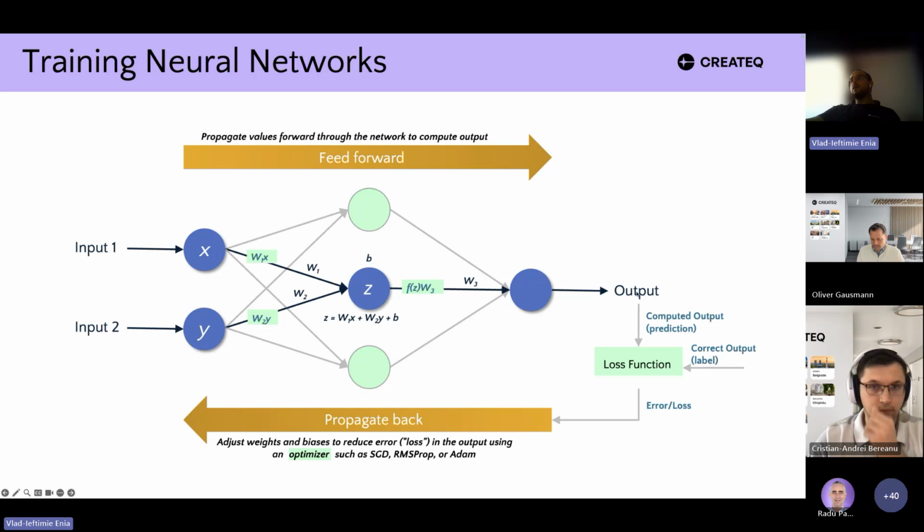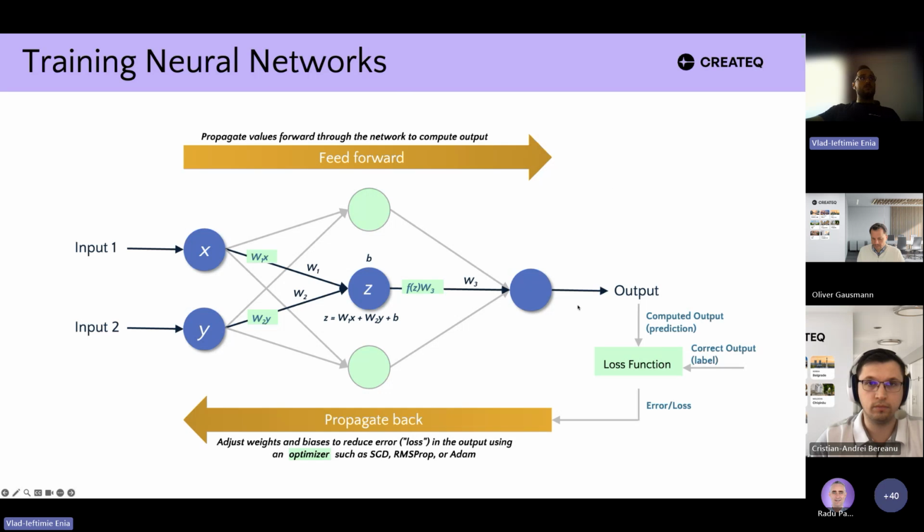And the output, together with the correct label, is fed to a loss function in order to compute the loss or the error, which is then used to train the network. We propagate this error back into the network in order to adjust the weights and for the network to learn.